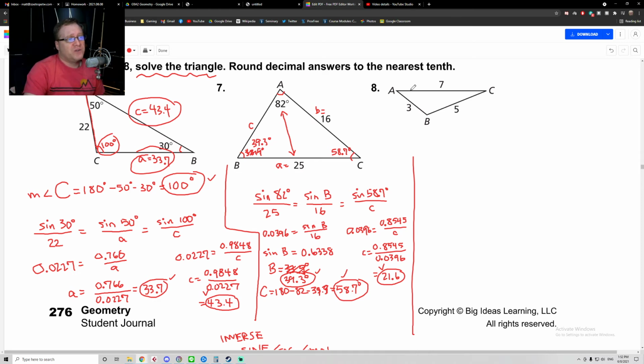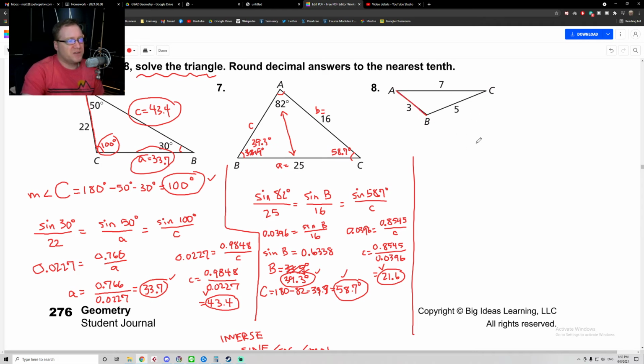All right, so how can we do this one? How are we going to figure this out? 7, 3, and 5. How can we figure that out? Well, we have a formula that tells us that this